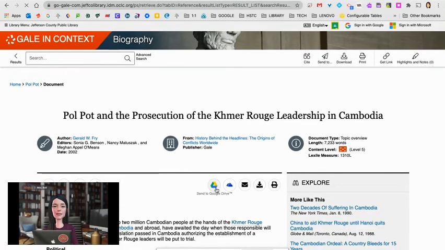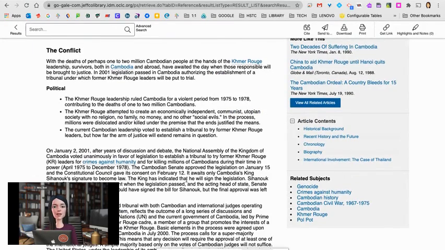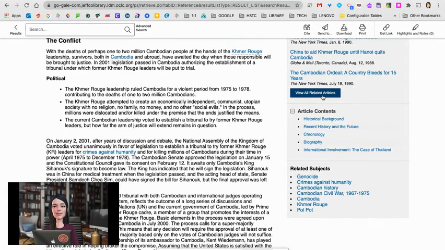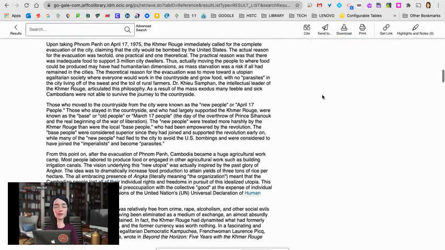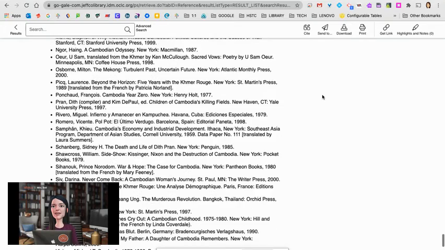You'll notice that you have lots of features available. You can save it to your drive. You can email it to yourself. You can download it. You can print it, whatever format really works best for you. But if you look through the article, you'll notice that there's some articles over here that are related, which may help you as you move through some of your research. If you get to the very bottom,